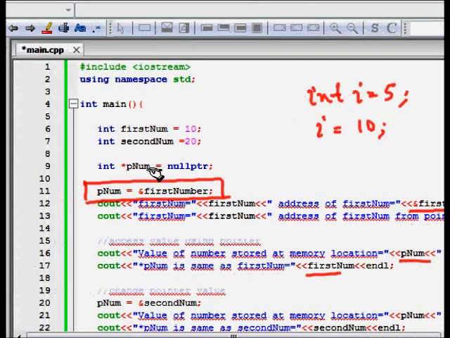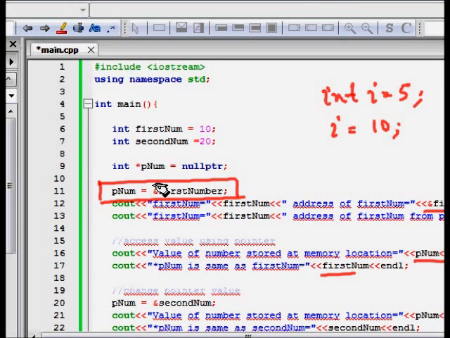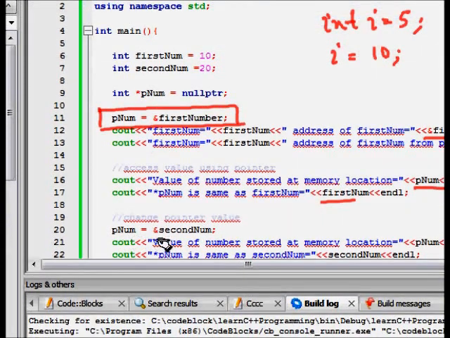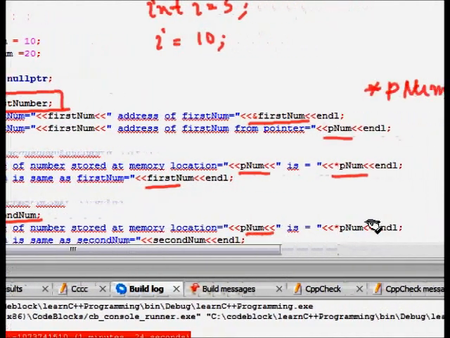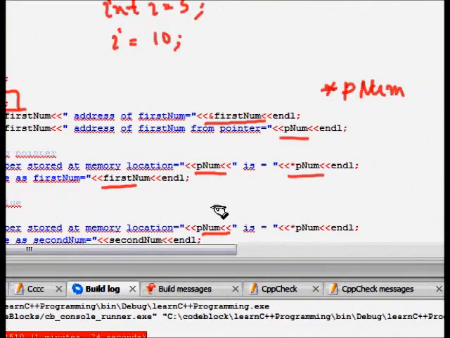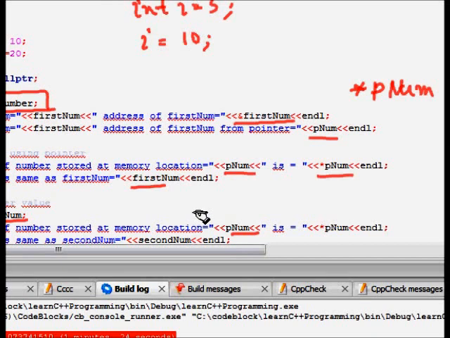Similarly, initially my pointer variable pnum was storing the address of firstNumber, but no one stops me from making pnum store the address of the second number. So we make pnum = &secondNumber. Now it stores the address of the second number, and when we do *pnum, you will find that it gives you the value stored in secondNumber.